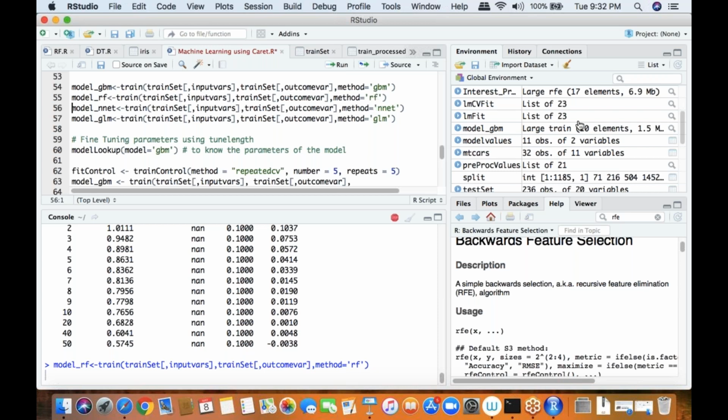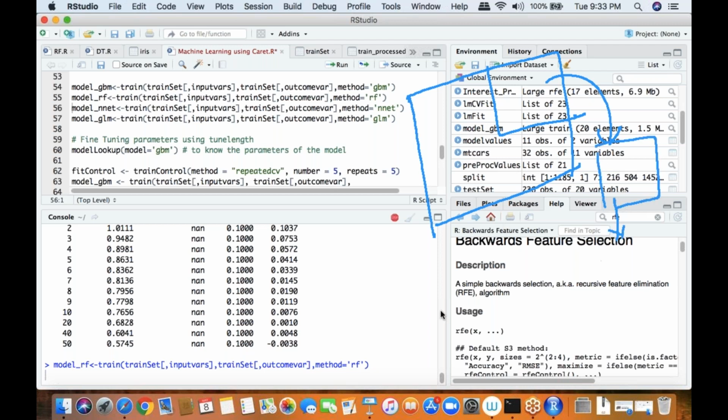In real time, what you're supposed to do is, from the entire data set, if it's a classification technique, you take some sample, right? Do a random sampling, or you can make use of caret's create data partition, and then you can derive some small data set. On this data set, you can perform different classification techniques, right? So you can make use of this package, and you can run all these models over here, and then also you can